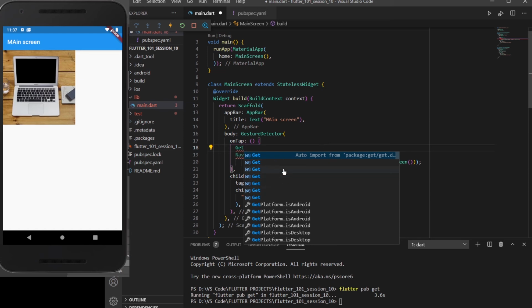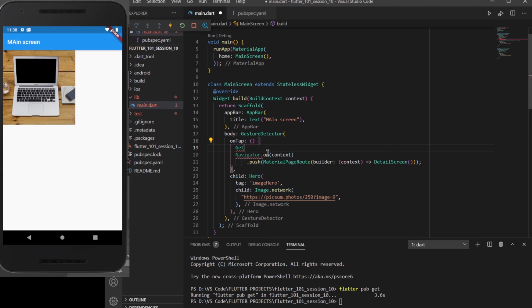Each get is imported from a particular file. To get info about which file it is importing from, you can press Control space, and on the right or left it will display which file it is importing from. We need to import get from the get/get file. So I'll click on it and it will import get here.